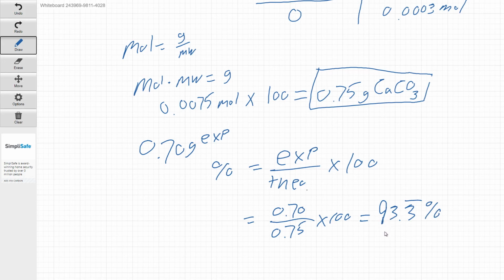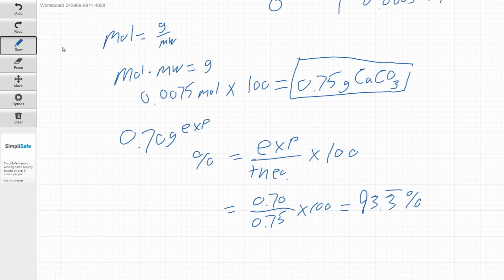Now, the thing to keep in mind with percent yields in chemistry, you can go over 100% yield. But unlike a grade, that's not better. That's still an error that you have to account for. So that's basically